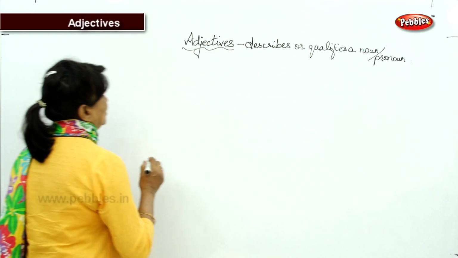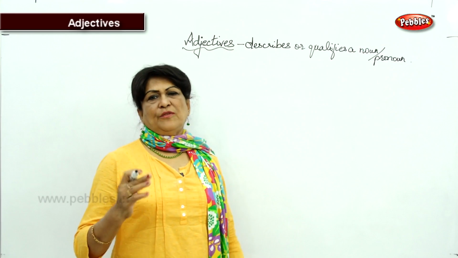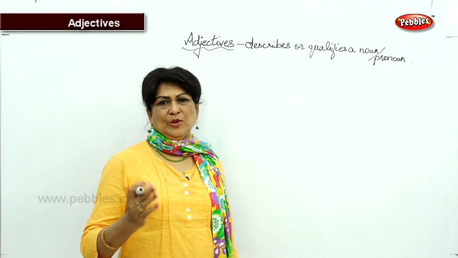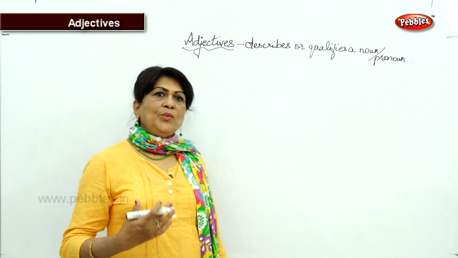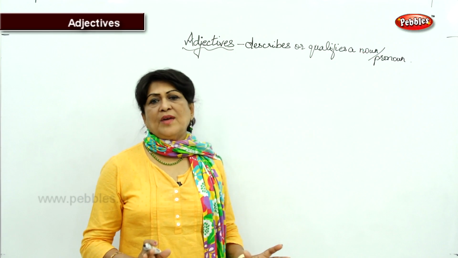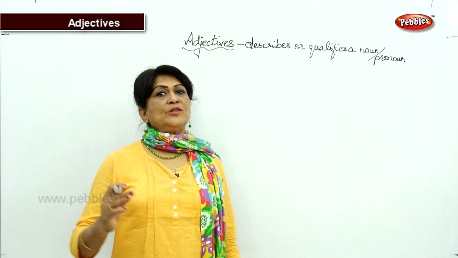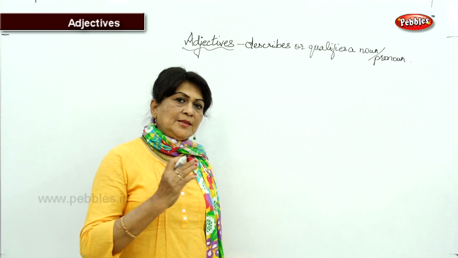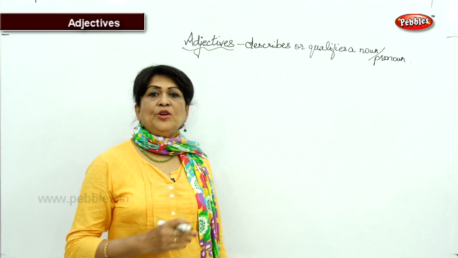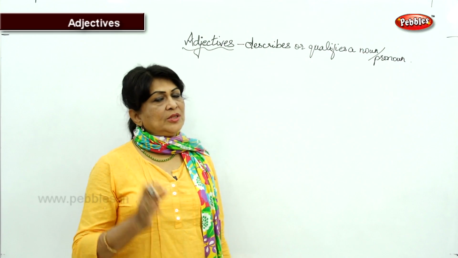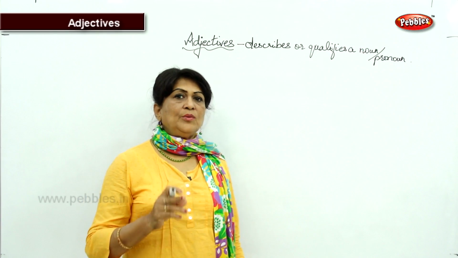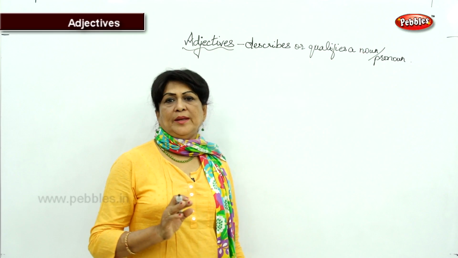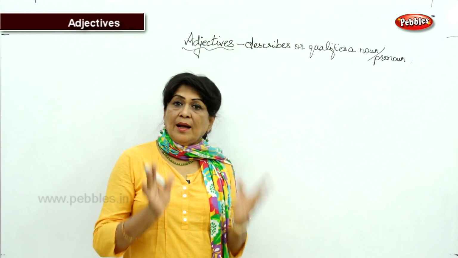Okay, now we are going to see, I am not going to give you exercise on filling up adjectives or underlining adjectives. It is very simple, because in lower classes you would have done it. Now, we are going to just see the different kinds of adjectives, and we are going to see the comparison of adjectives, which will be useful for your high school, that is 8, 9 and 10, and also in your 11 and 12. This comparison of adjectives will be the most wanted one in your high school and higher secondary. So, all the simple ones I am going to omit, because what we are doing just now is high school grammar.